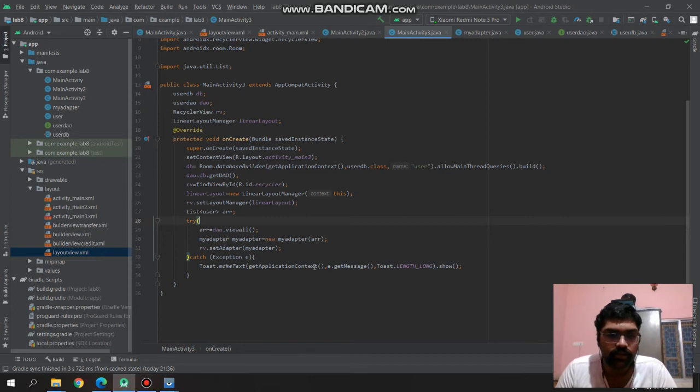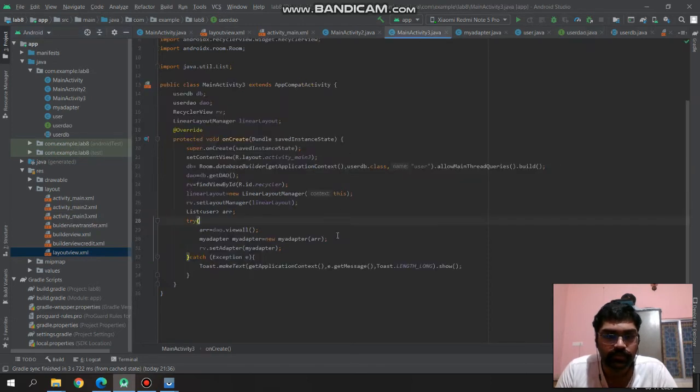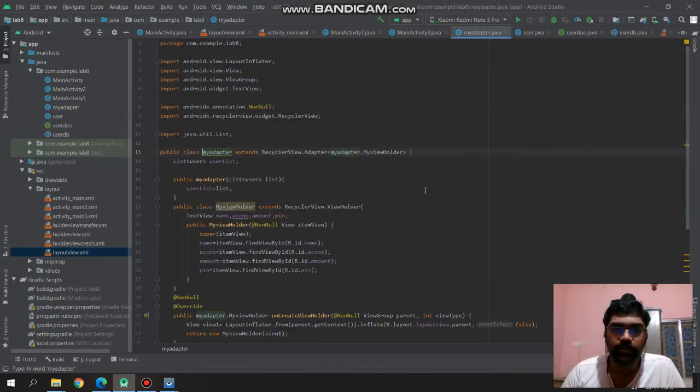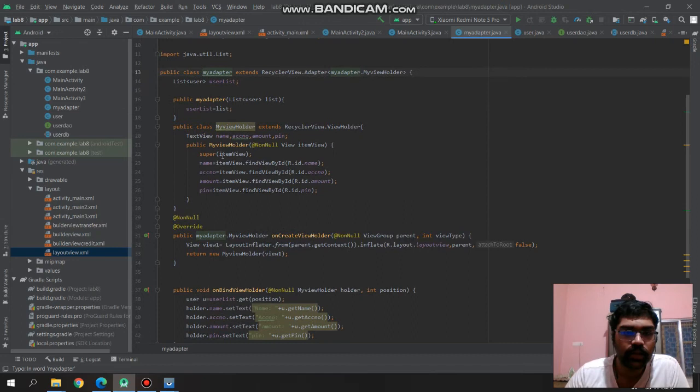Then DAO.getAll, which is taken from here. Then we are making a new adapter and setting that array, and we are then setting the array in the recycler view. So in my adapter again, we're storing all the values in the variables from the text fields.